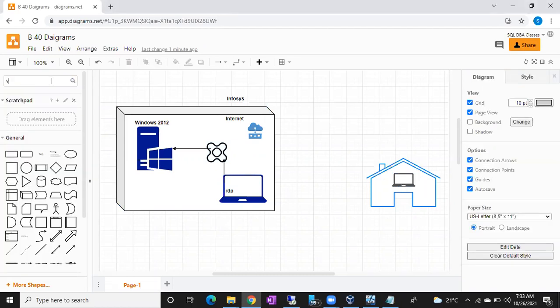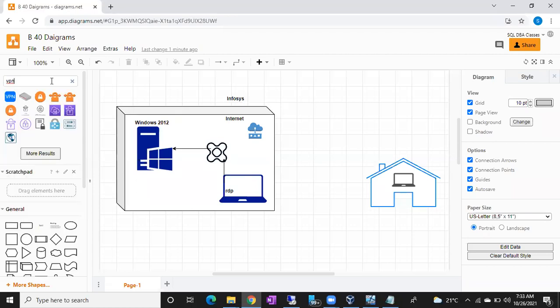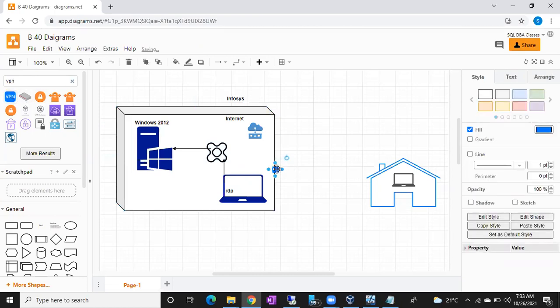So if you're doing work from home, what extra setup will we have? There it comes: VPN. We will have a separate software, VPN software, virtual private network. VPN means virtual private network.